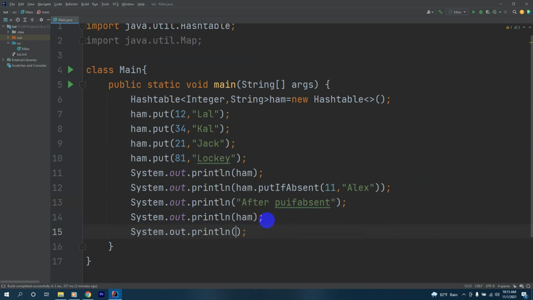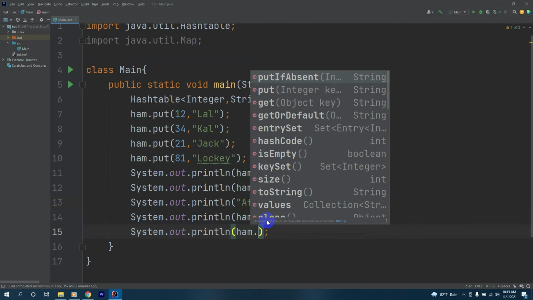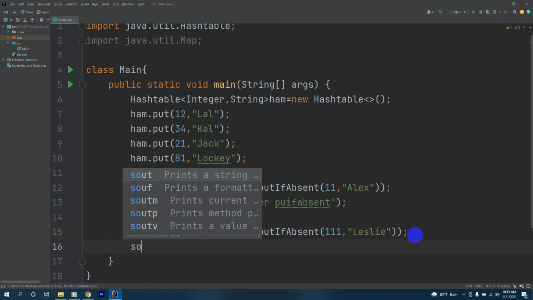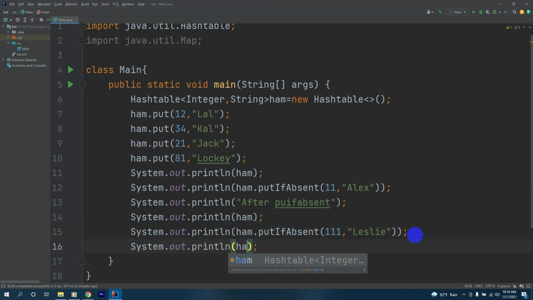We'll print ham.putIfAbsent and give the key 111, and the value will be Leslie, and finally we will print our Hashtable again.